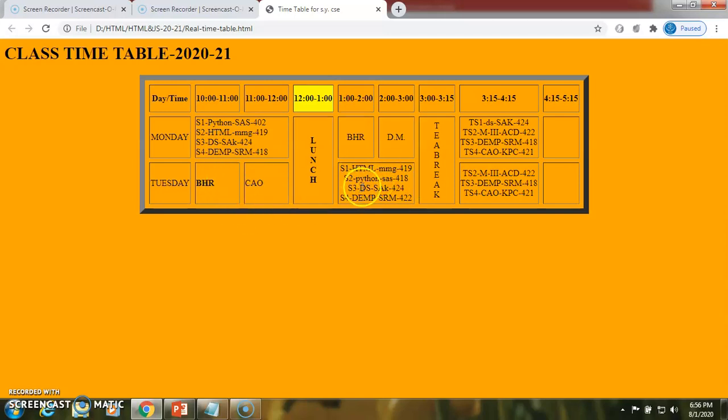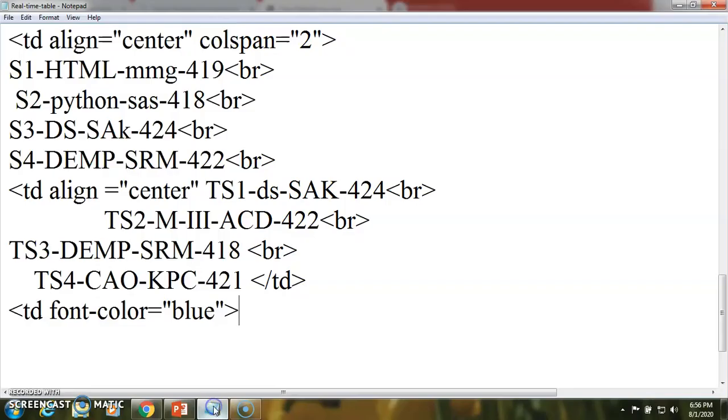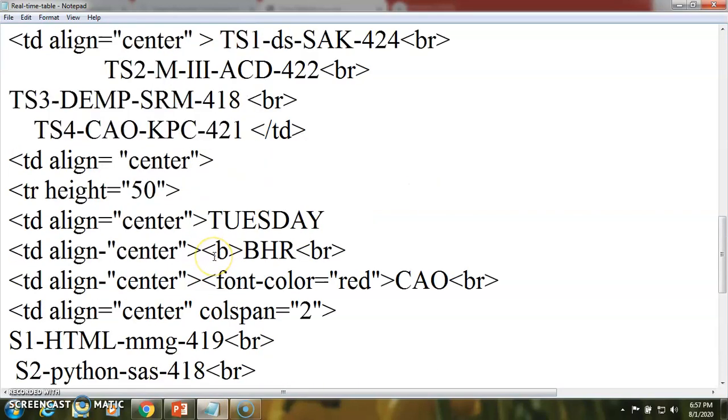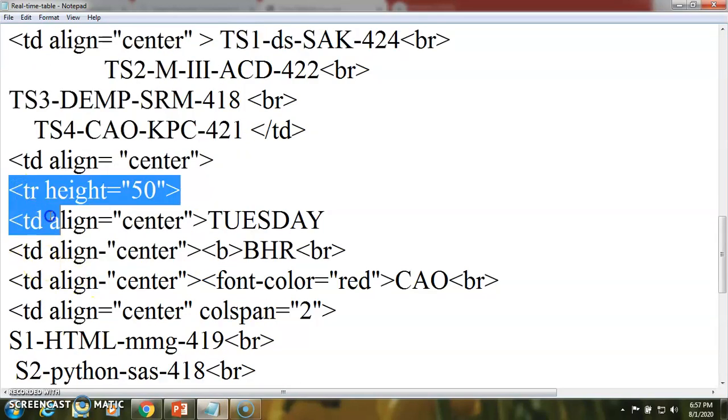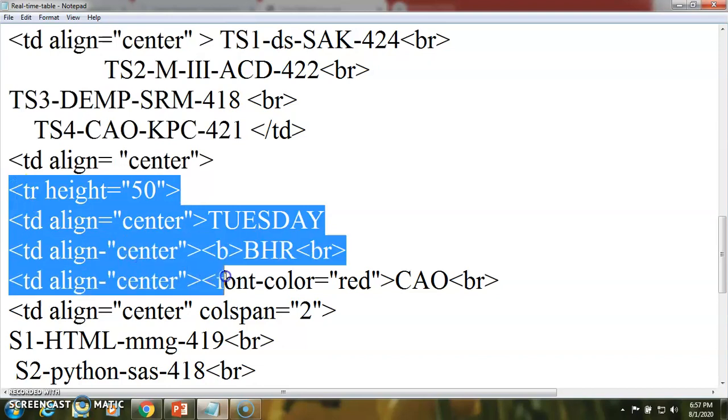Here two columns are combined because of the practical slot, and this is another one. So we can add rows one by one in this way. Again the third row is going to be added with the same property. So we can make a combination of these.